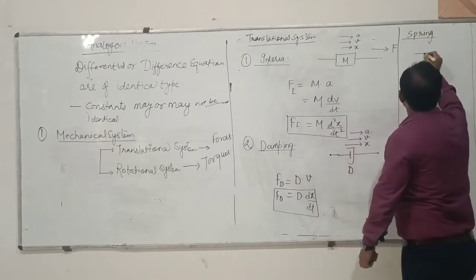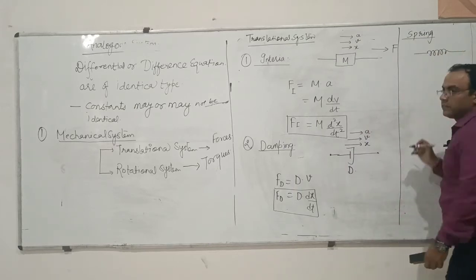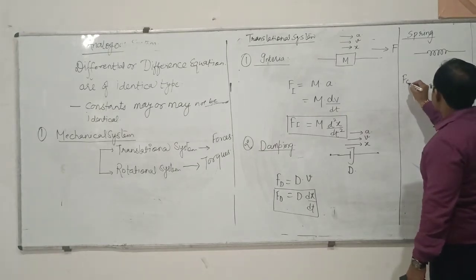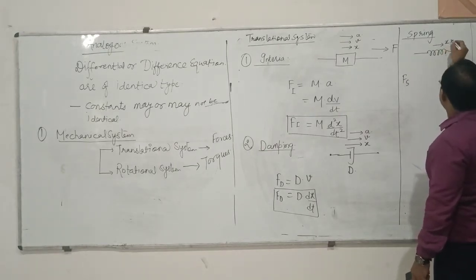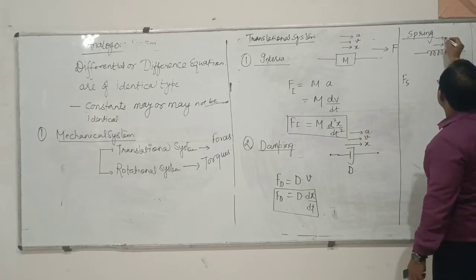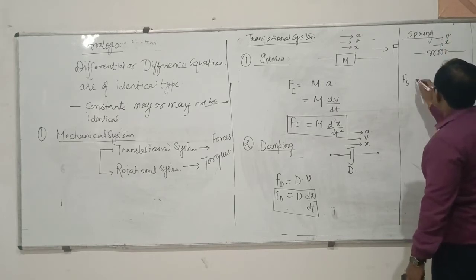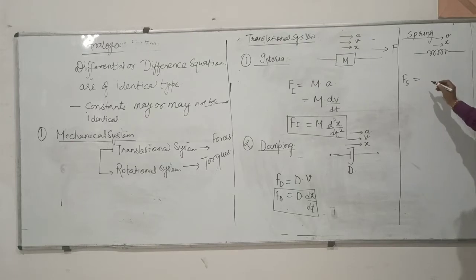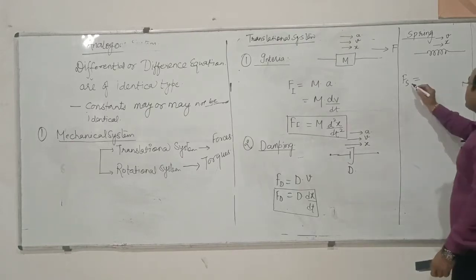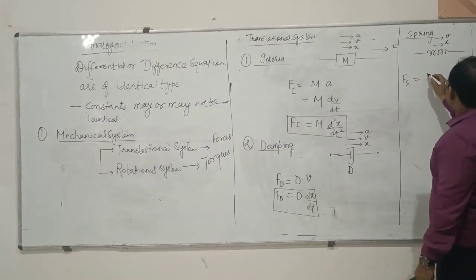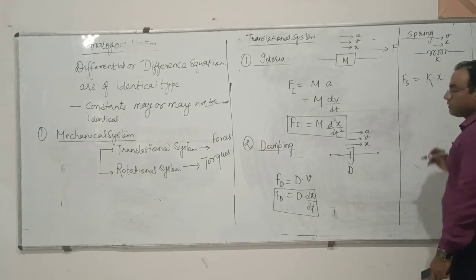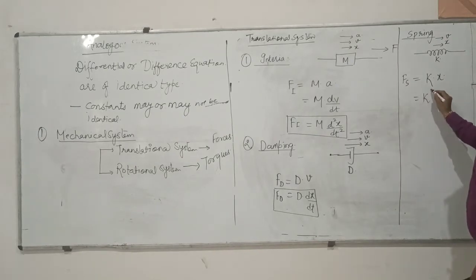For spring force, we can write it as Fs if it is displaced by displacement x with the velocity v, then it can be written as Fs equals to spring constant, that is k, into x, or it can be written as